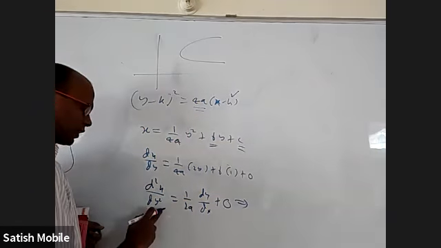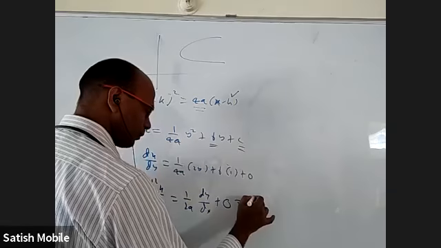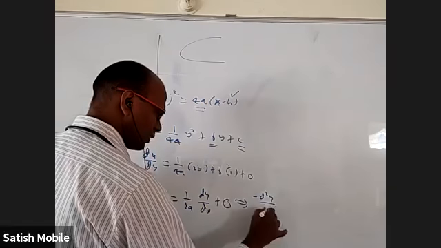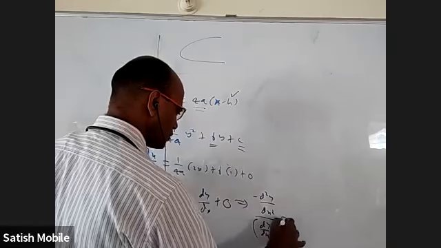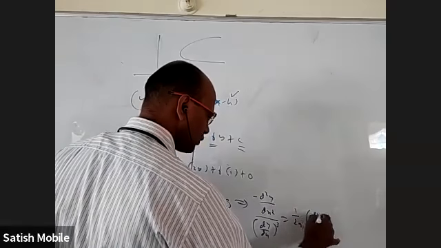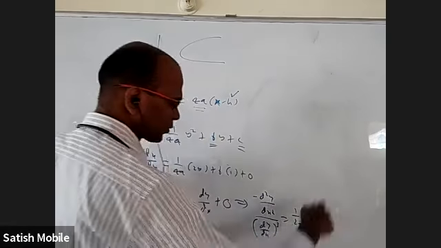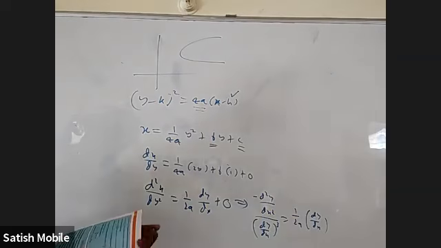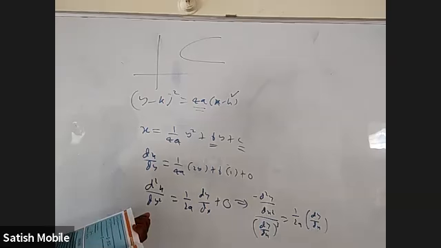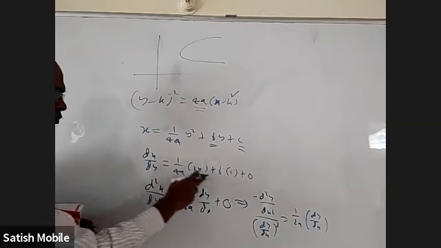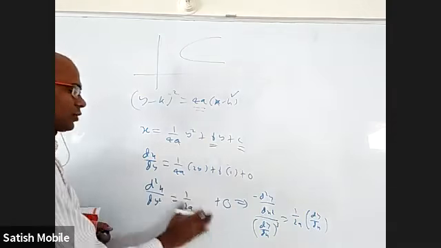There's a formula which connects d square x by dy square as minus d square y by dx square by (dy by dx) whole cube, which is equal to 1 by 2a into dy by dx. But that is going to give me (dy by dx) whole power 4. But they gave... I'm doing with respect to y, so this dy by dx is not there. Okay, there's only 2 then.